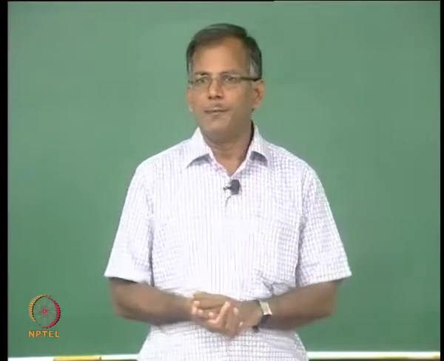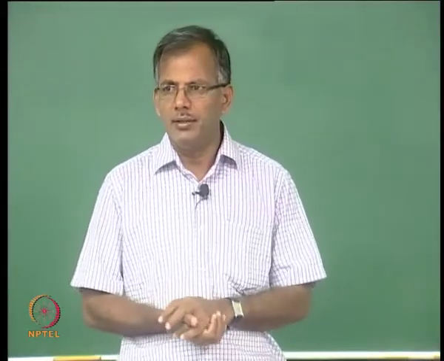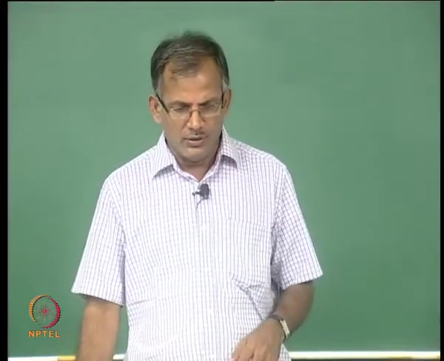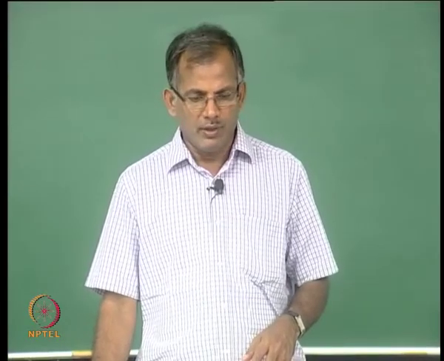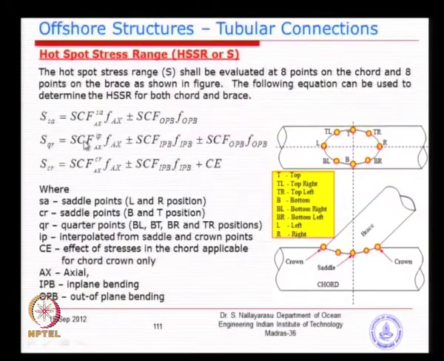It is a combination of, so basically it is a simple idea. Only thing is, we are not trying to find out the SCF value interpolated, we are trying to find out the stress range by multiplying the SCF with the corresponding stresses at each of these 3 locations. So, you will find the stress at this point and this point, and ultimately you are trying to find out the quarter point by simply adding. But this is only an example where all of them will be combined together, but you have to be a little bit careful because there is a plus minus sign depending on the direction and the moment, the sign, you will see that this may be minus or plus.